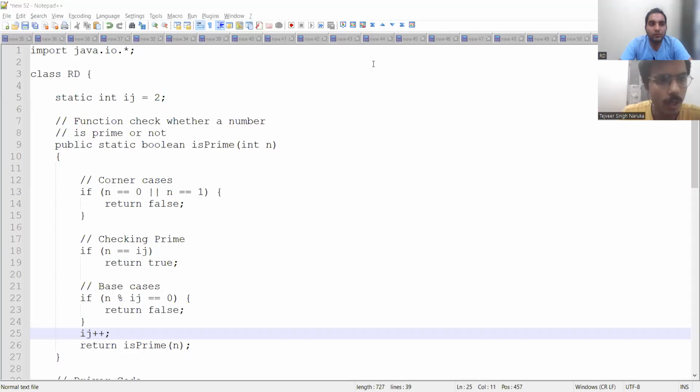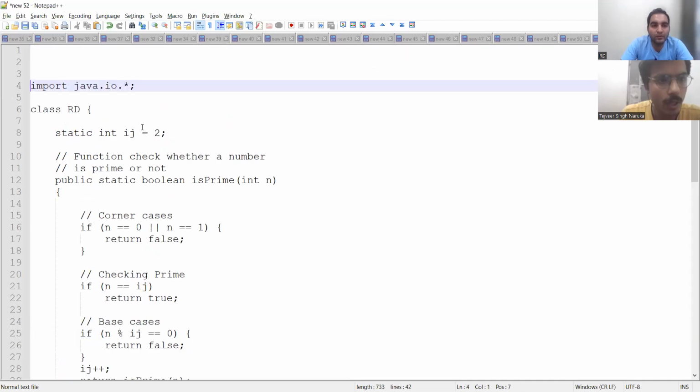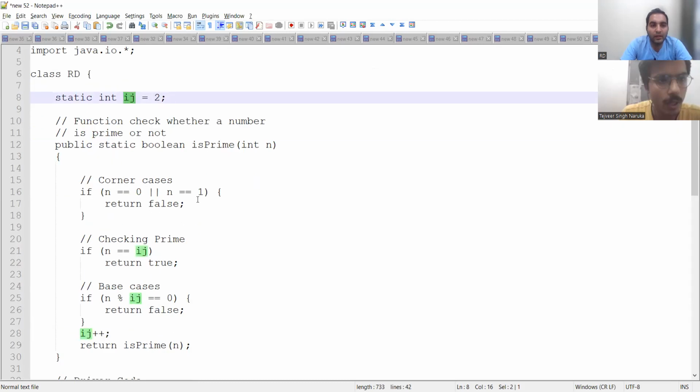Let me just share my screen and show you the program. Okay, so using recursion, you can first declare one variable, right? And these are corner cases that you can verify. Also, this is one of the conditions, that it is checking prime or not.